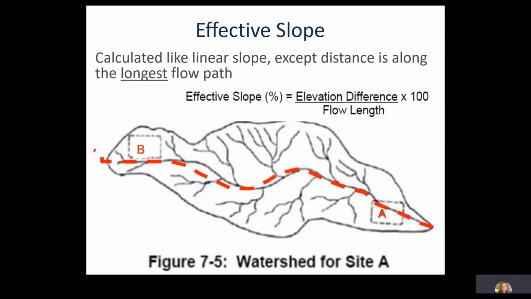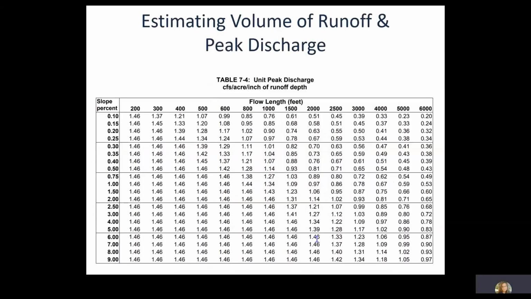Runoff volume and peak discharge calculations must consider all the water entering and leaving the site, not just what falls directly on the site. Therefore, one must determine the entire land area, commonly called a watershed, which contributes water to a given discharge point, as shown in Figure 7-5. In this scenario, the entire upstream area must be included in the runoff calculations for Site A. Runoff calculations for Site B, however, would only include the rain that falls directly on the site because there is no upstream contributing area.